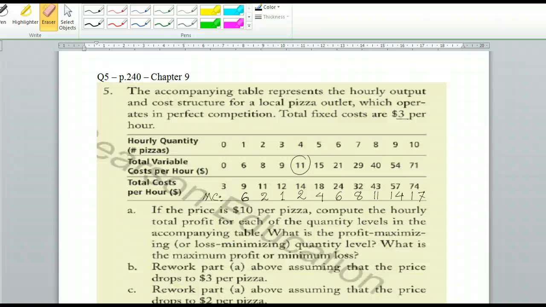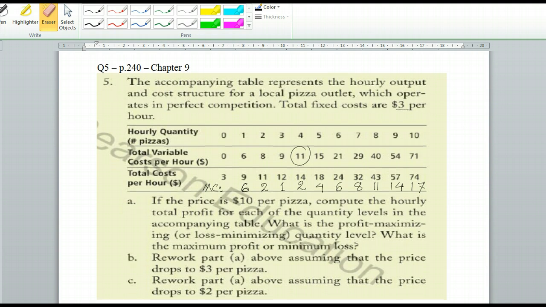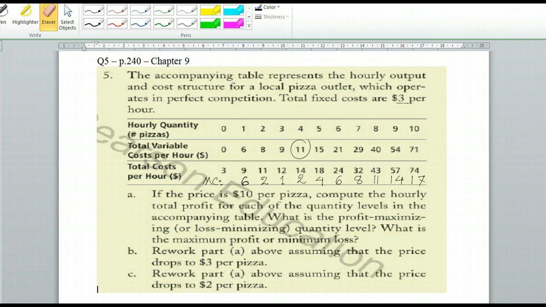Hi there, this is question number 5 from page 240 of your textbook, based on chapter 9. So this is taken from your textbook chapter. The accompanying table represents the hourly output and cost structure for a local pizza outlet which operates in perfect